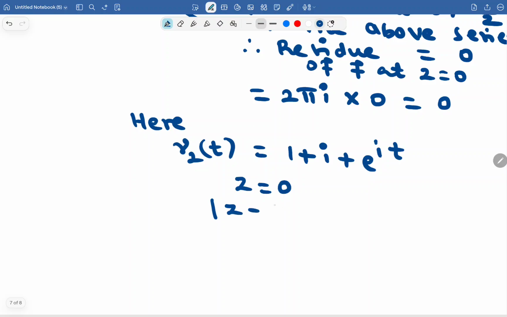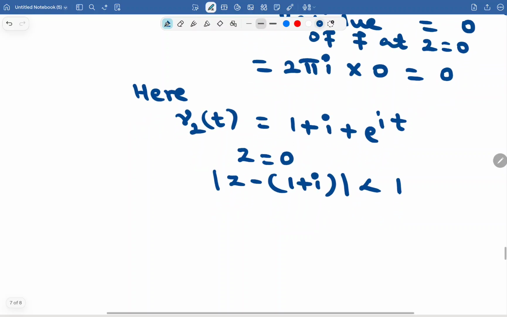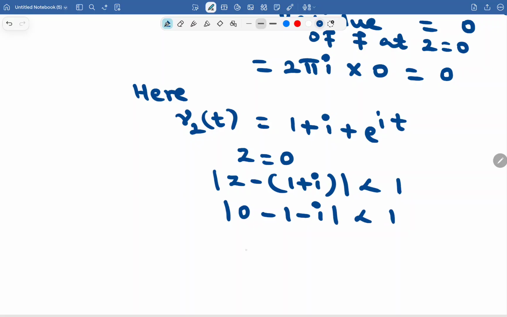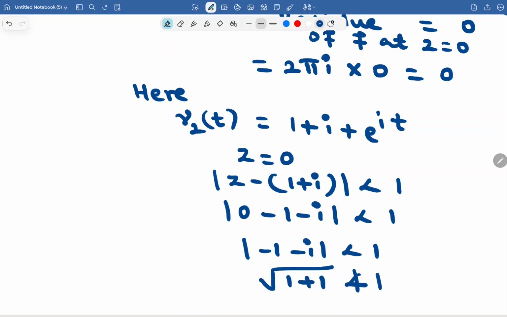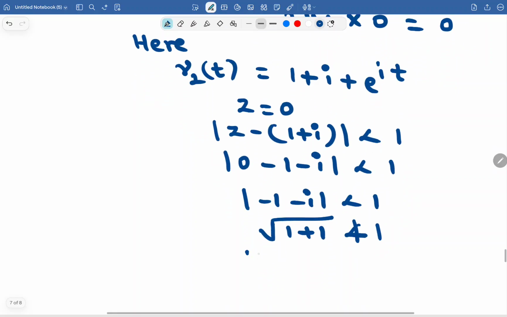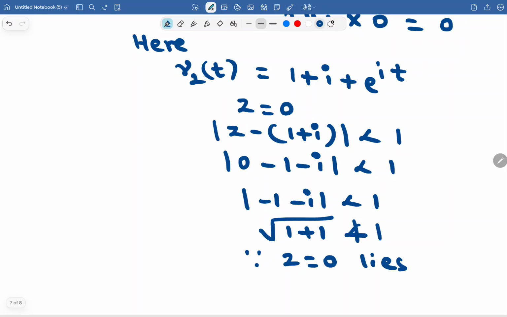That is, |z − (1 + i)| must be less than 1. |0 − 1 − i| must be less than 1. This is nothing but |−1 − i|, which is √2, not less than 1. Since z = 0 lies outside γ2,